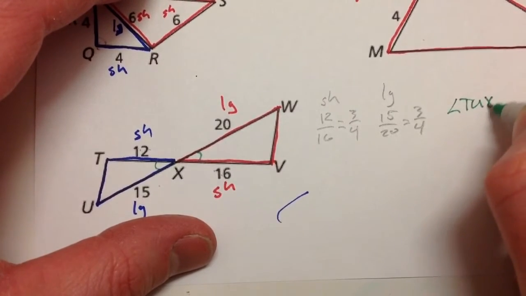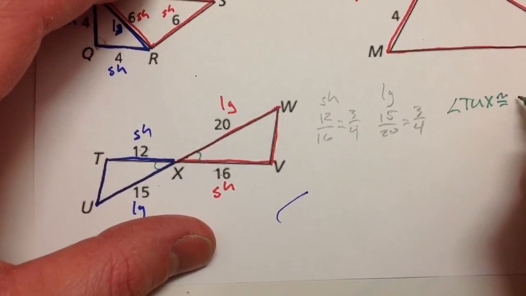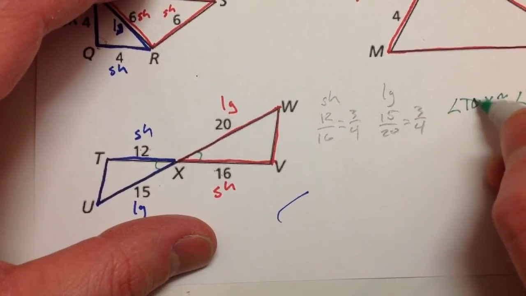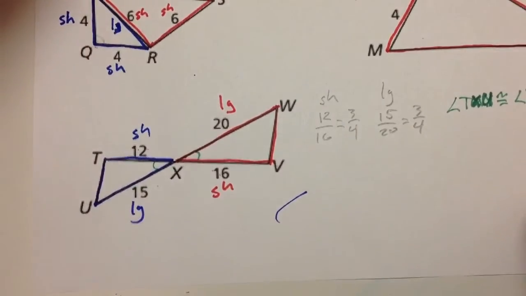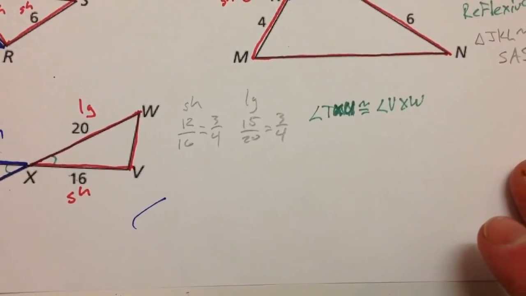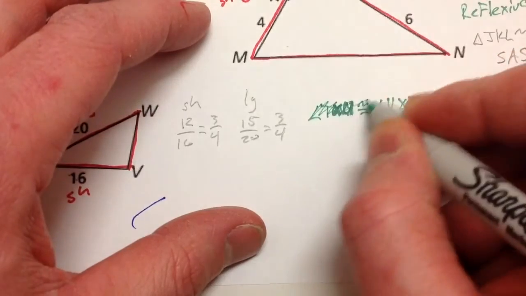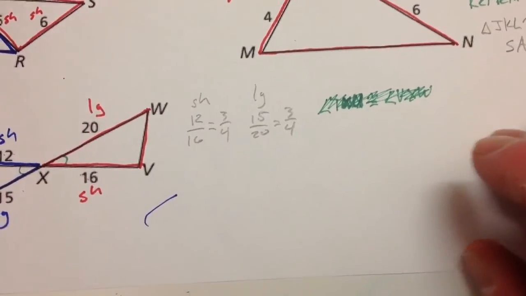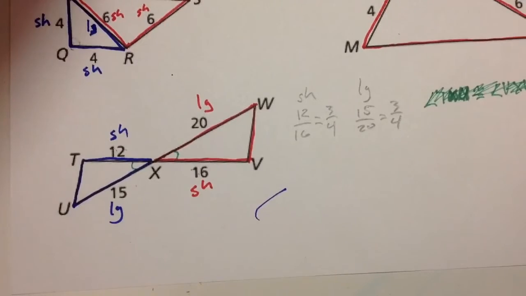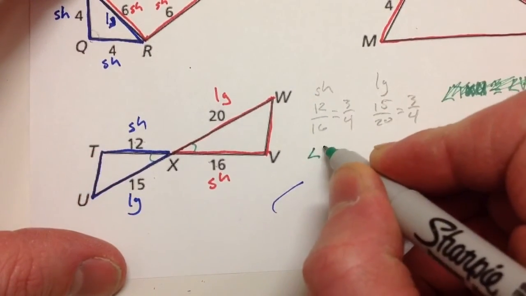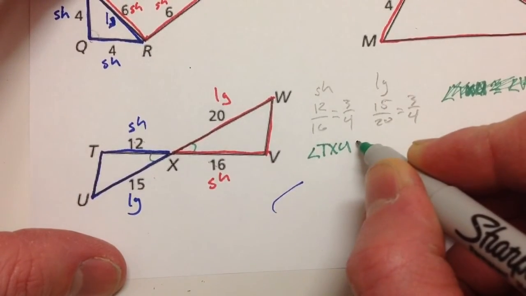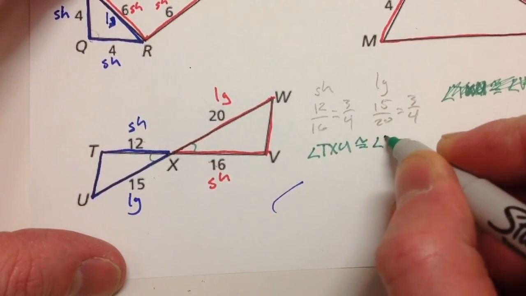angle TUX is congruent to angle VXW. That should be TXU. Whoops. I should probably write it on the paper. So let's try that again. I'm going to put it down over here. I almost made it through without a major screw up, but I just didn't quite do it. Angle TXU is congruent to angle VX